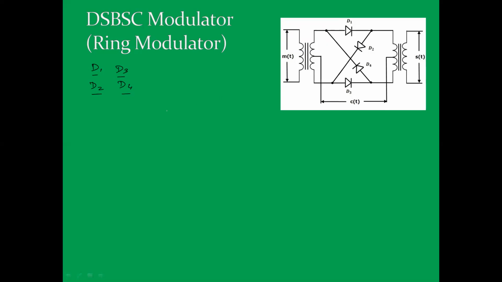If D1 and D3 are in on condition, then D2 and D4 will be in off condition. Similarly, if D1 and D3 are off, then D2 and D4 will be in on condition. And these 4 diodes will be controlled by